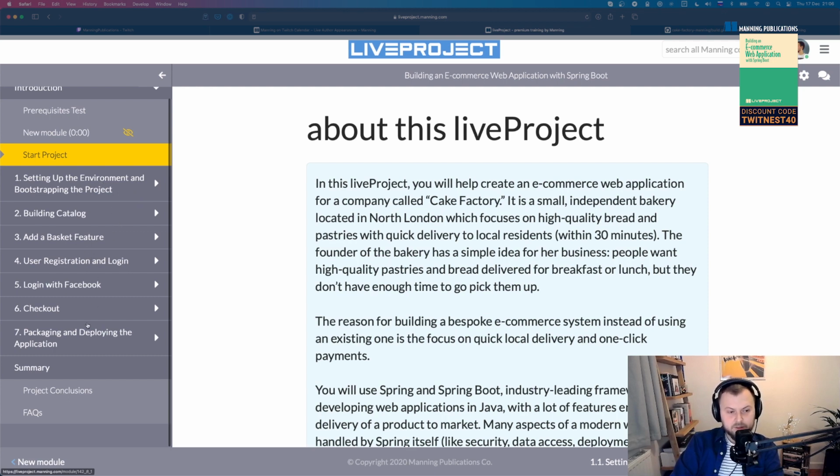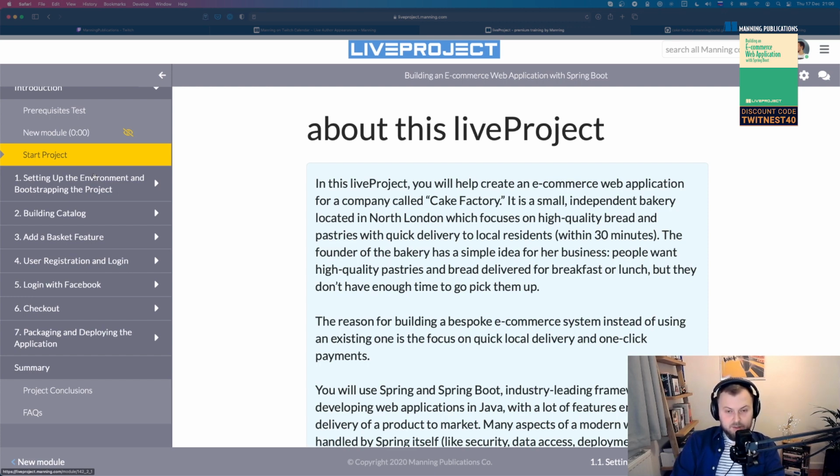And in the end, what I think is super cool and super important about this project is the final step, which is packaging and deploying the application. You can start with nothing, no project whatsoever, and end up with an application running in AWS on an EC2 instance, available to the public internet. So if you want to use it for your CV, or just experiment with it a little bit, you can totally do that.